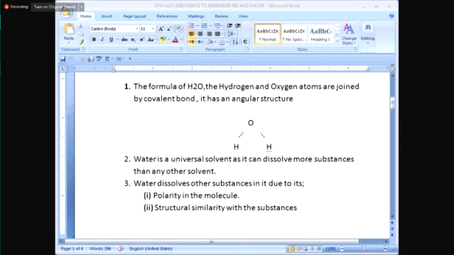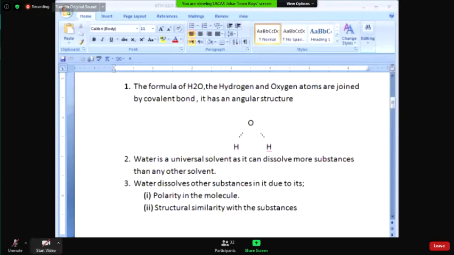Now, if you look at the second point, still many of you, or maybe I'm misunderstanding, but I'm assuming that many of you do not know the meaning of the terms solvent and solute. Here I am going to focus. Solvent is that part of the solution. When we talk of solute and solvent, we are talking of a homogeneous mixture. That is a mixture in which the components are uniformly mixed into each other, and such a homogeneous mixture is called a solution. There are two components of a solution. One is solvent, the other is solute.